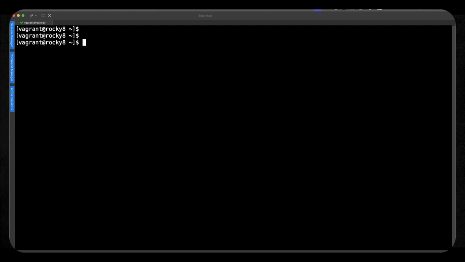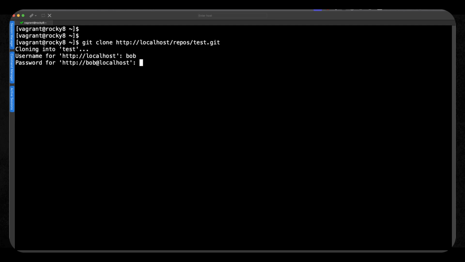So I can go through then back to my home directory as the Vagrant user using git clone. And I say we've only set this up really simply, so we'll be using HTTP, but of course there's nothing stopping you configuring HTTPS. And we can look at localhost/repos. So that's our top level directory. And then all of our repositories underneath should be shared out. We can put in then our username and password for the web server. So in my case, it's Bob. And hopefully I can remember the password.